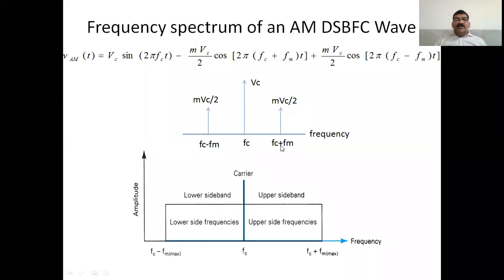So what is the maximum signal? If I talk, my maximum modulating signal is 3.4 kilohertz. I know that. So if I take FC equal to 100 kilohertz, then 100 plus 3.4 and 100 minus 3.4. So this is the example. The complete band for full carrier, what will I require? 3.4 plus 3.4. Okay, so that much band I'll require.